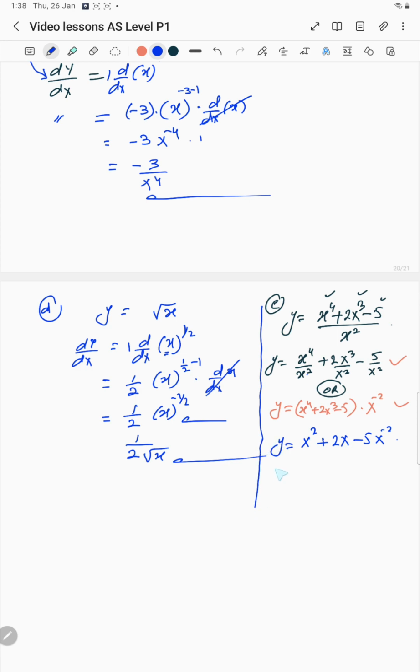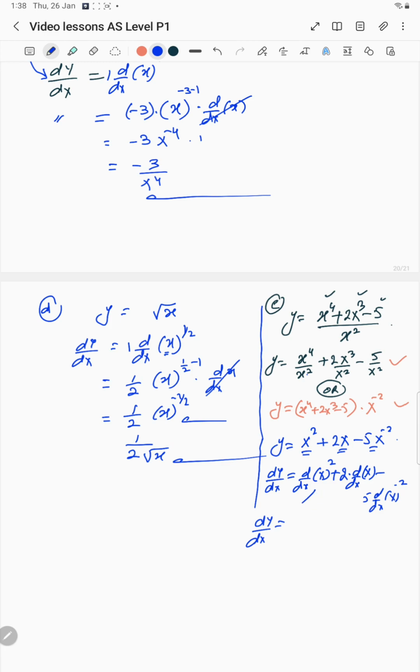After simplifying, now you can differentiate, find dy by dx. There are three functions with no common power, so you can differentiate them separately: d by dx of x squared plus 2, a constant, multiplying, so 2 out, with x minus 5 d by dx of x power minus 2. So dy by dx will be,